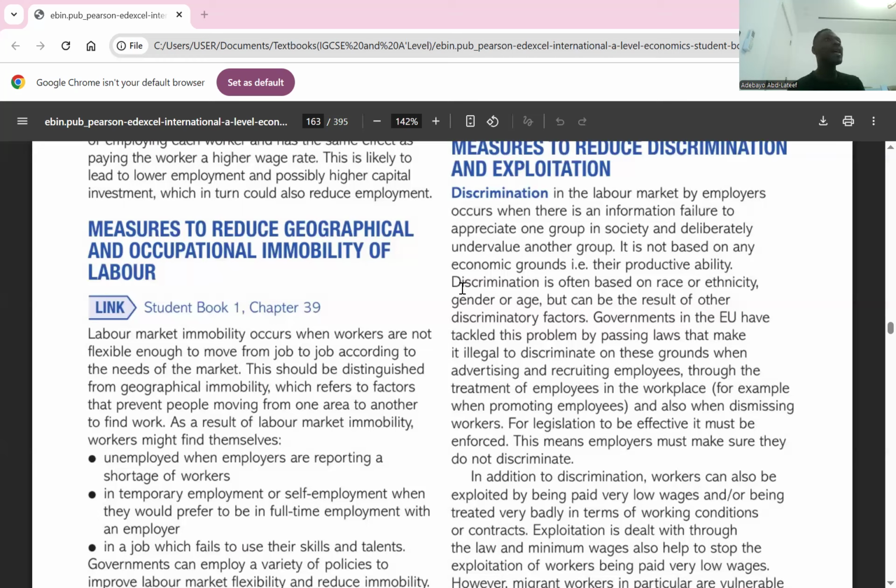This makes the cost of higher education reduce, and that means people will become graduates and they will be able to have jobs. Do you understand the second point here? The third one, career counseling and job matching. Provide effective career counseling to help workers assess their skills and offer job placement services to match them with suitable opportunities. When you counsel, you let people be informed about their career path, let them know information about what they do, let them have access to different skills